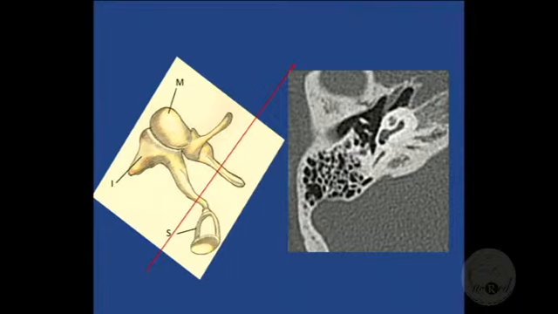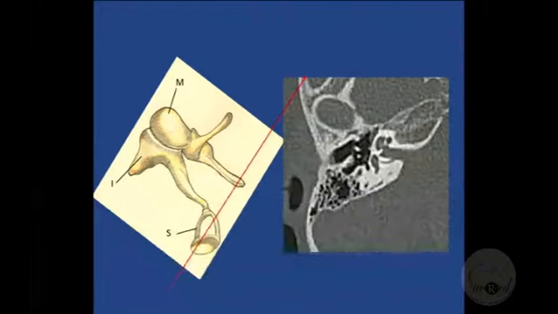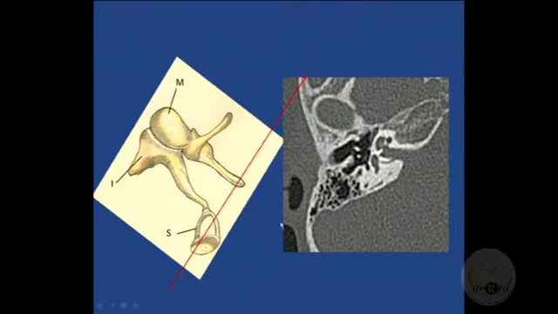This is a section slightly lower than the previous section, which goes through the stapes. That's the crura of the stapes, footplate. So you see the stapes there, very subtle. Especially in the pediatric age group, sometimes it's very difficult to see the stapes because it's not mineralized, so it could be cartilaginous. You may not even see it. But if you get an adequately thin slice and window it correctly, and you are in the right plane, you will see it. These are very small structures, so you need to be careful, slow, and take your time to interpret all the